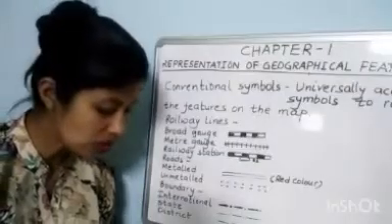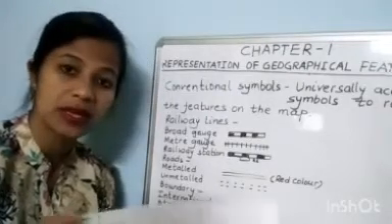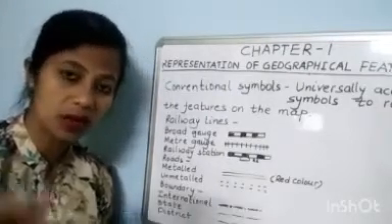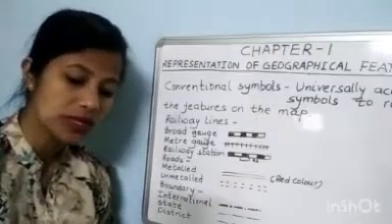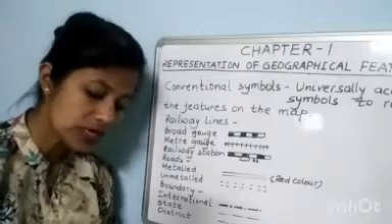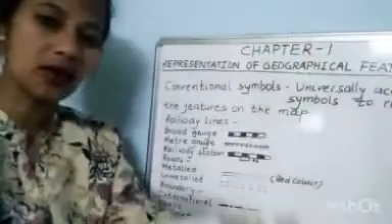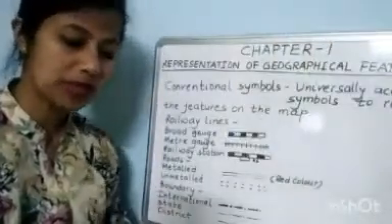While doing question number 5, explain the significance of different colors used on maps. Along with this video, this question is given. Explain the significance of different colors used on the maps. In that case, you will have to write answers from here. Different colors: blue, green, red, yellow, black. This you have to write and then also explain.